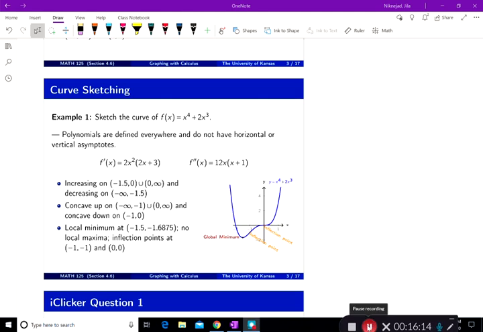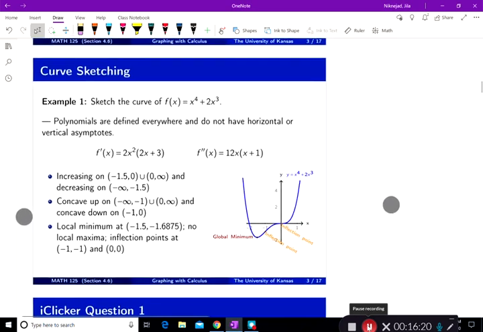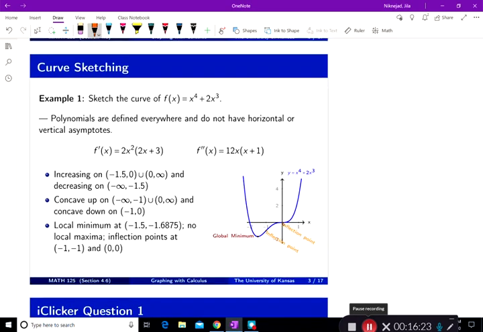Now, let's study the graph a little bit more. As you see in this graph, the inflection points are 0 and 0, and -1 and -1, and the local minimum